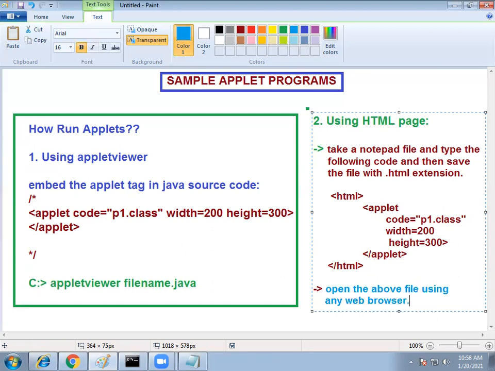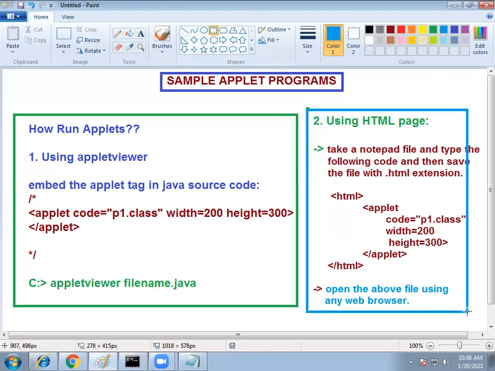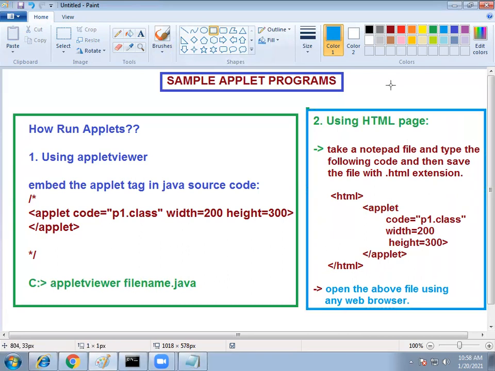So these are the simple steps to run applets. That is the second approach, using an HTML page. Please note down these steps and then we'll move on to the example. Please write down the code.